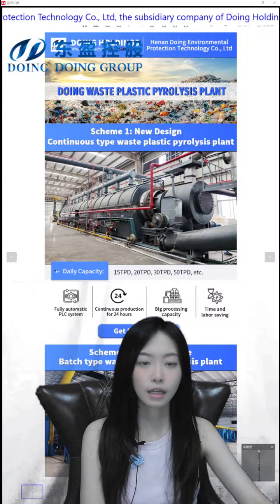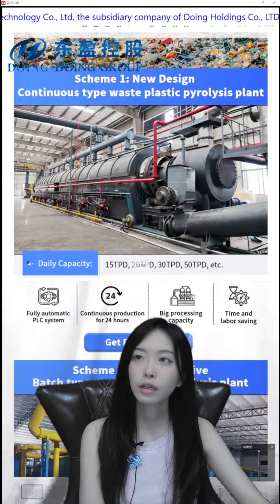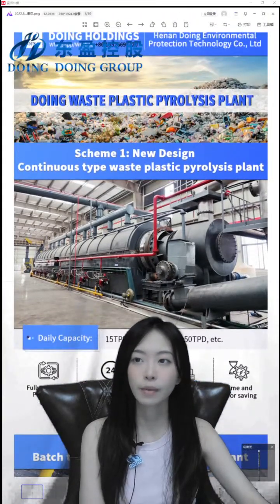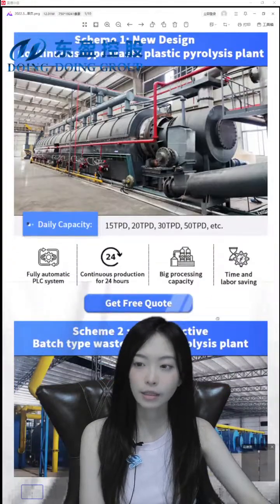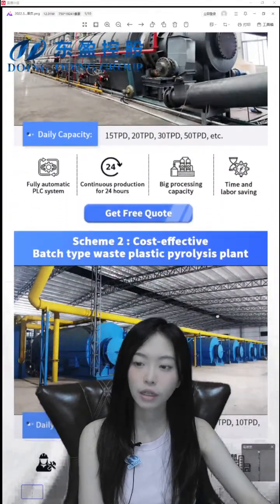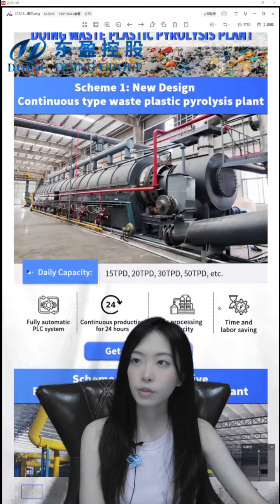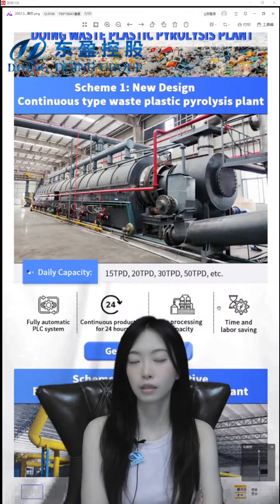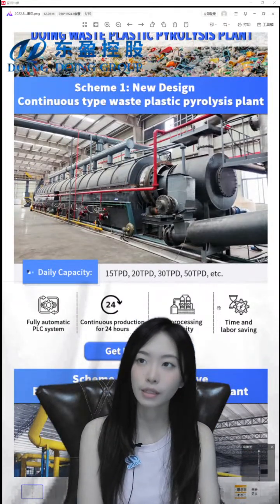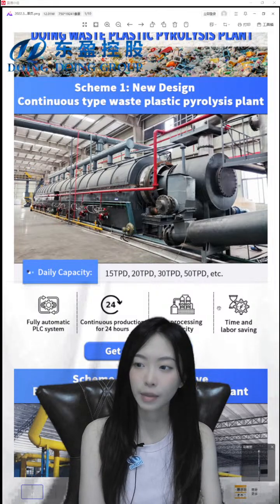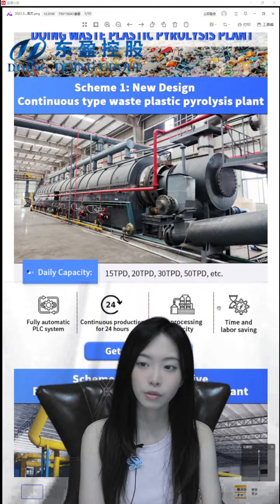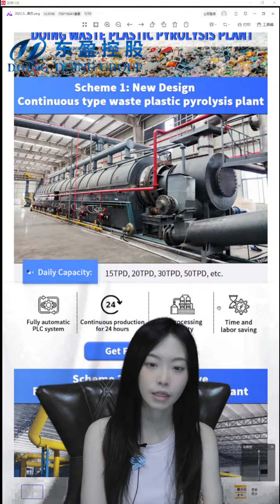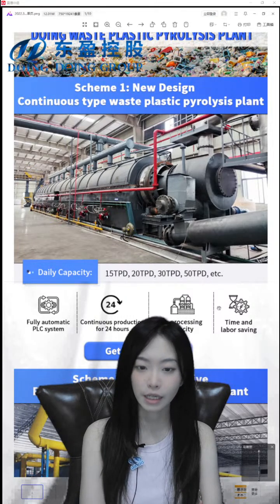So let's come and see this photo. This is an introduction to the waste plastic pyrolysis machine, and these are the three kinds of equipment we have. The first one is the fully continuous pyrolysis plant. The daily capacity is from 15 to 50 tons, and most of our customers choose 50 tons per day to process waste plastic or waste